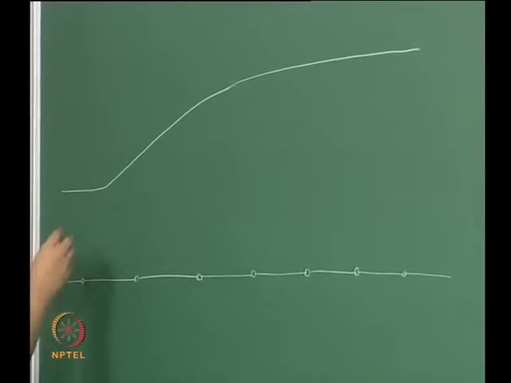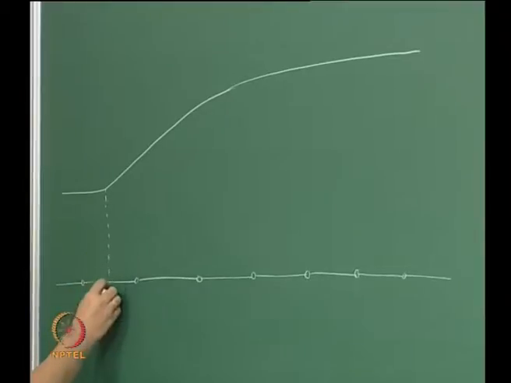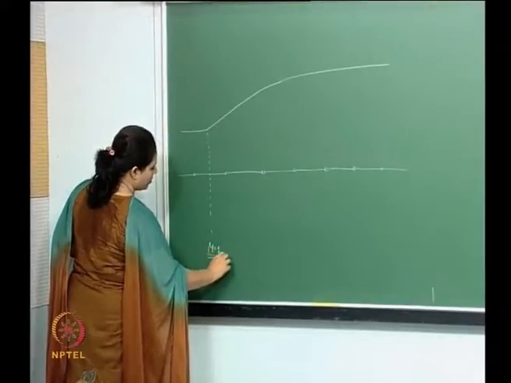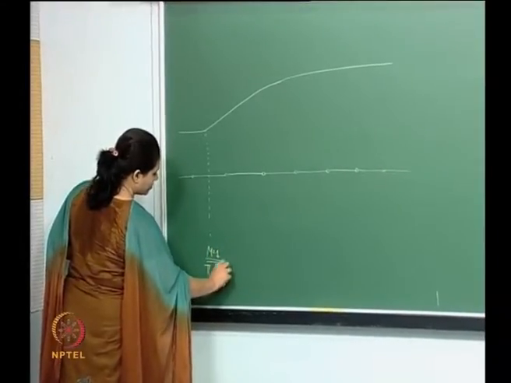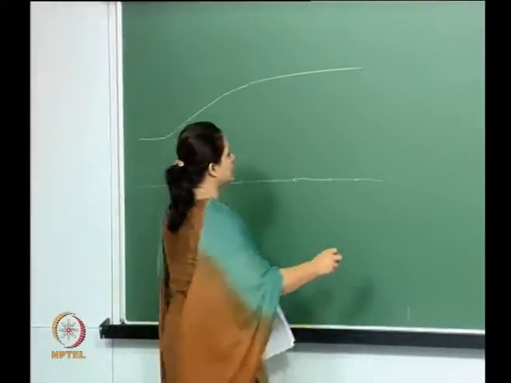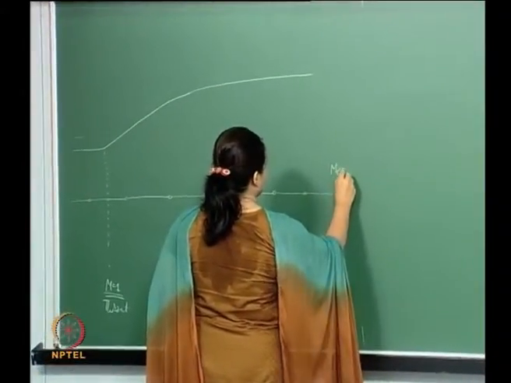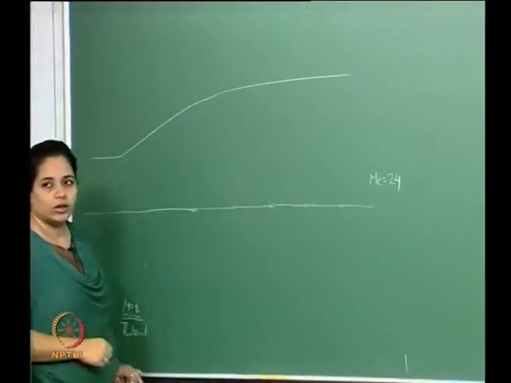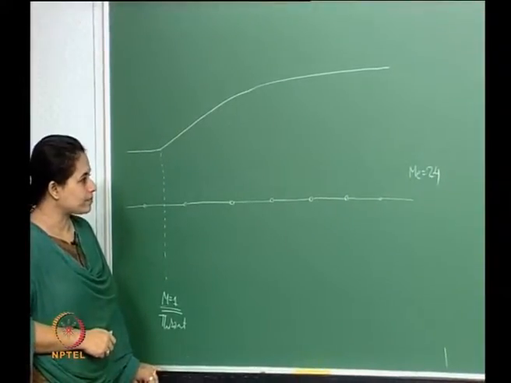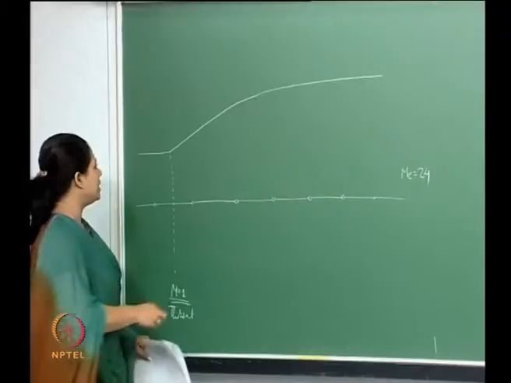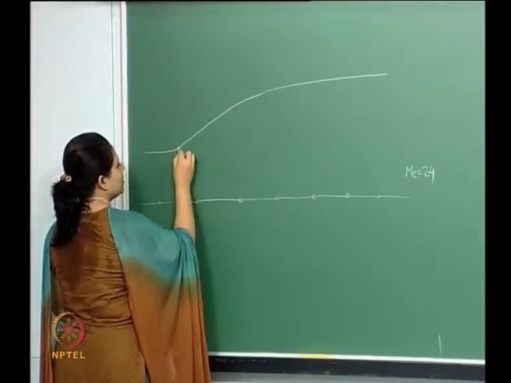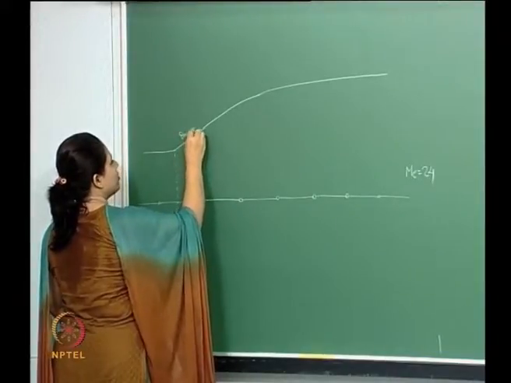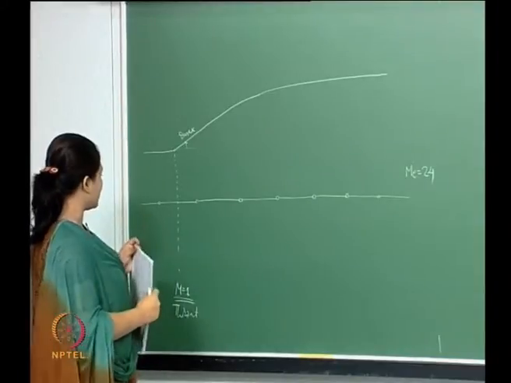So at this particular point, this is the sonic region, this is the throat. And what we know here is the exit Mach number, which is given as 2.4. This is the problem. So what we calculated is the maximum angle here, which was theta max, and we were able to calculate that as